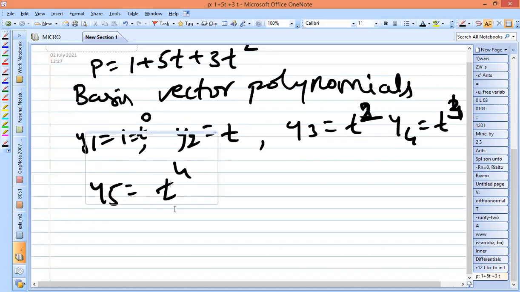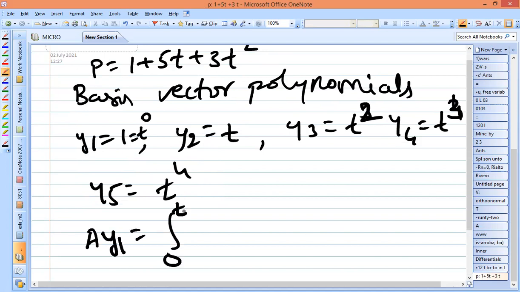So with this assumption, now write the equation for the integration. So here the integration of y1, from 0 to t. So y1 is 1, so it has to be integrated with respect to t. The integration of 1 with respect to t is nothing but t, with the limits 0 to t. So when you substitute the limit 0 to t, we'll be getting t. If you observe the polynomial vectors, this t is nothing but y2. So once you integrate y1 with respect to t, it will result in the value y2.